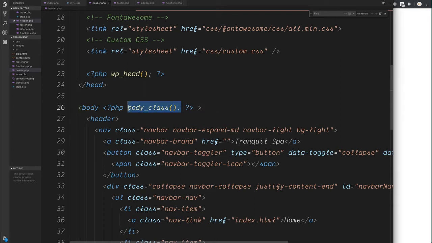By adding this body class to the body section, this allows WordPress to add any CSS classes which is required, just in the same way as we would in regular HTML by adding the class attribute. But now instead, this is under the control of WordPress. If we save this and then reload